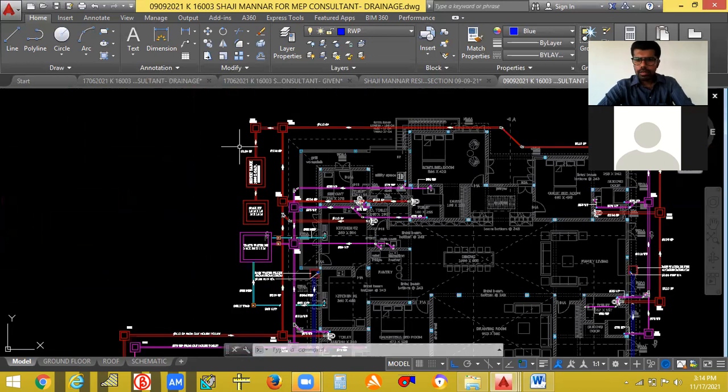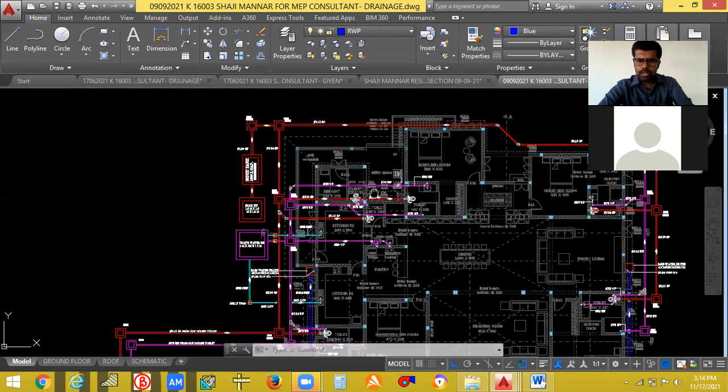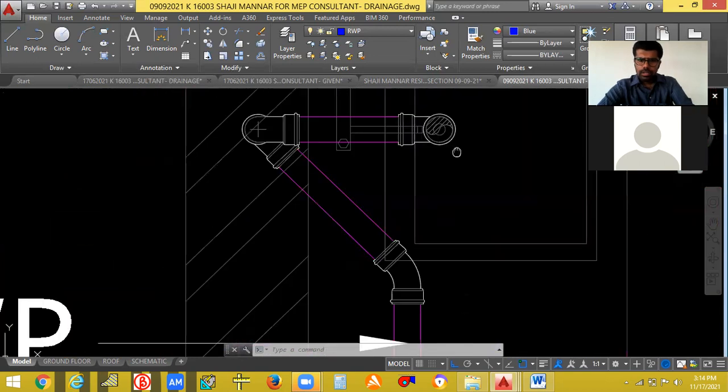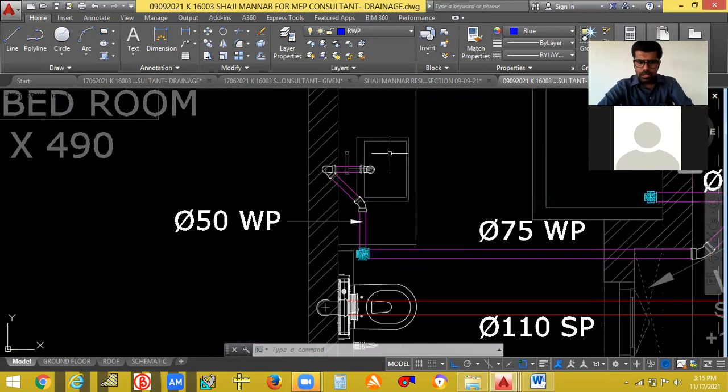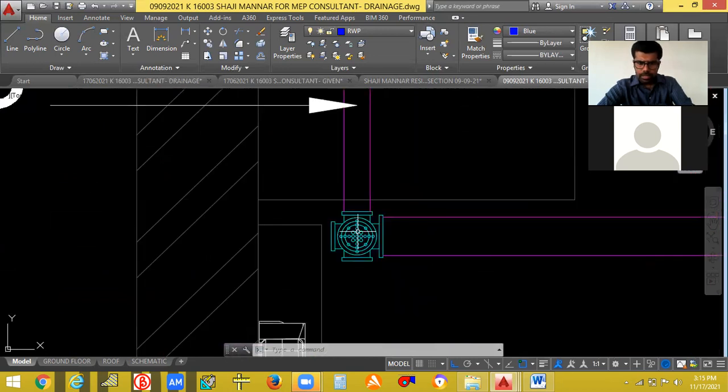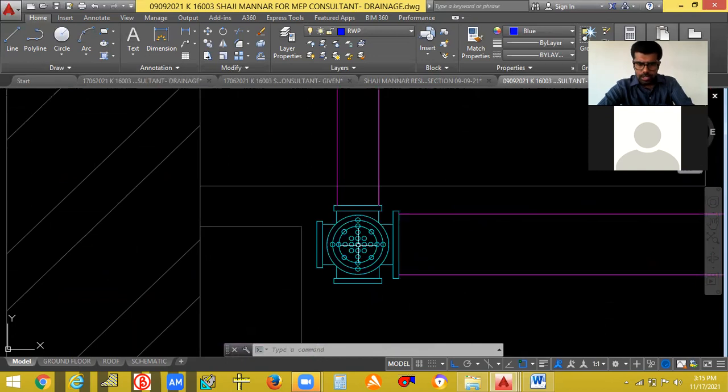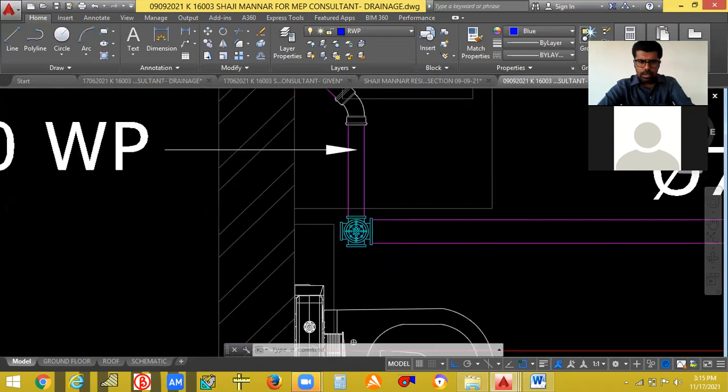Now coming to the waste water pit, you can see here. This is wash basin. From wash basin, it is going here. See, this is 50 mm and this is 75 mm. So that's why you have to give 75 mm. This is 50 mm.